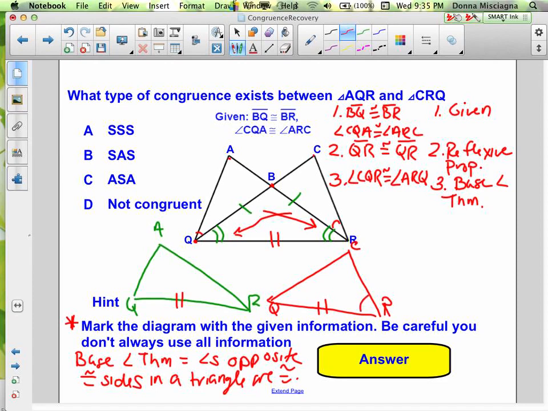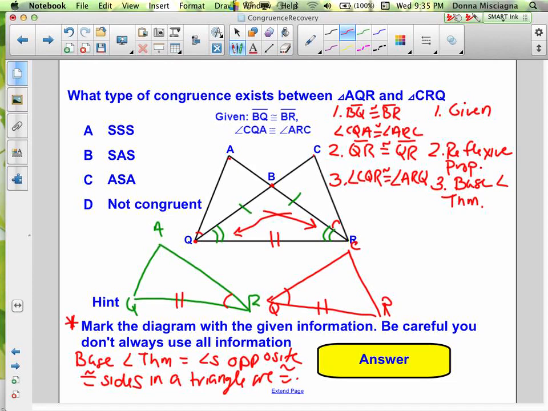It's this angle right there, CQR. And ARQ is this angle here. And now we got an angle congruent. So either we got to get angle Q congruent to angle R,